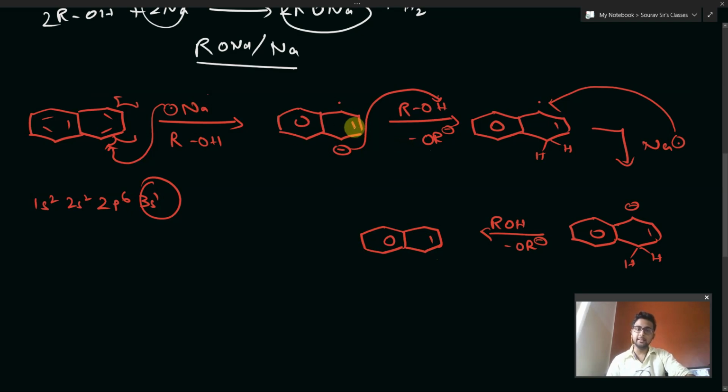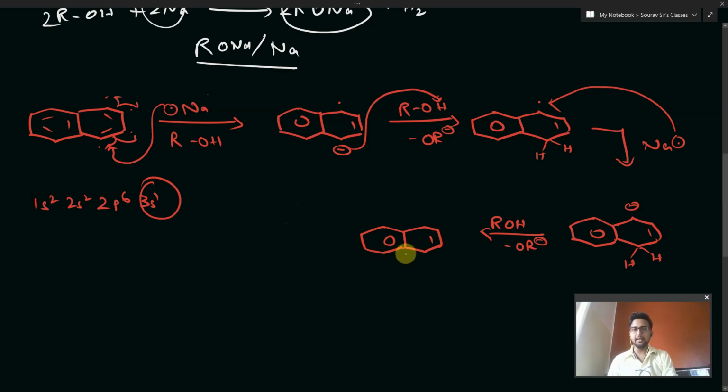Now you might be wondering where this double bond comes from. In this case, when a homolytic fission is taking place, one electron would be forming here, one electron here, and from this part one electron here, one electron here. This electron is intact as it is. This electron combines with the electron from the sodium atom to give a minus charge. Now this electron and this electron overlap with each other to give a double bond. This overlap is quite crucial, as a substituted double bond is forming and therefore it is stable, and obviously a double bond is more stable than a free radical, and therefore the double bond will be formed.